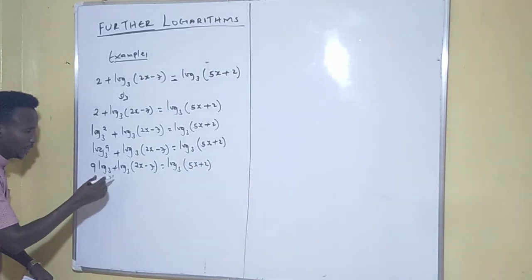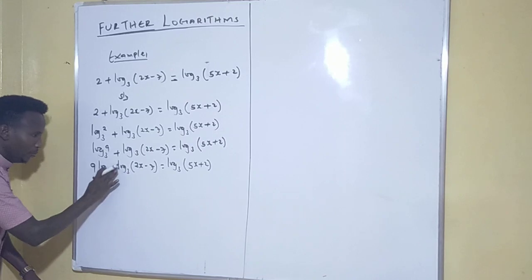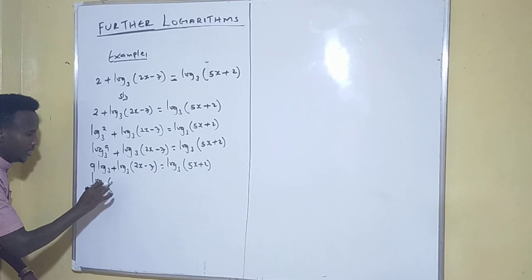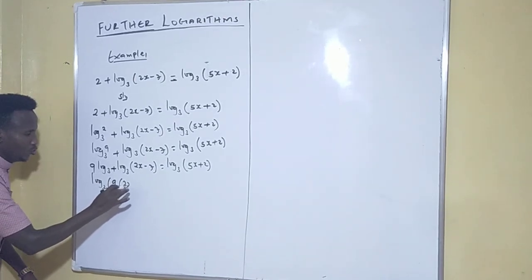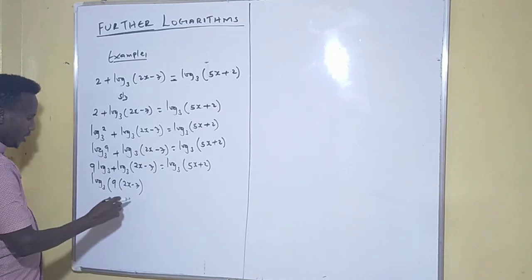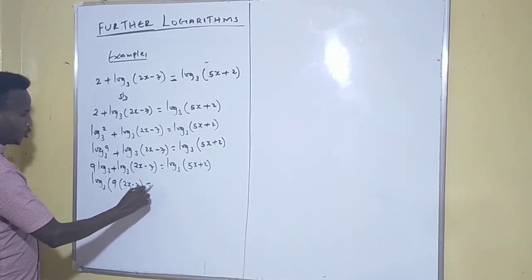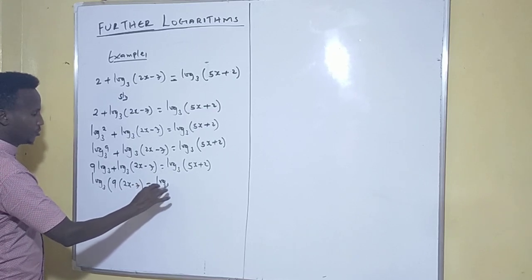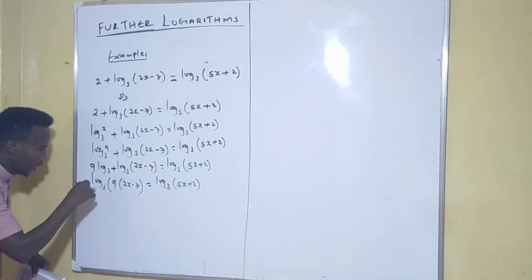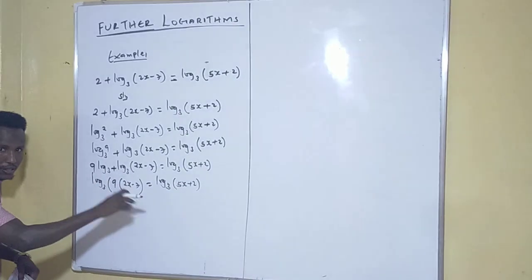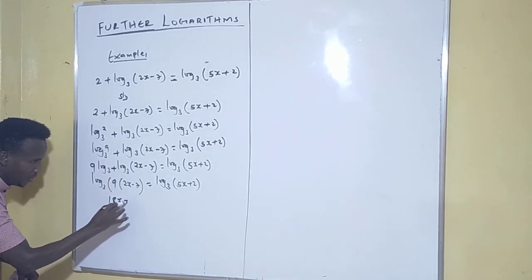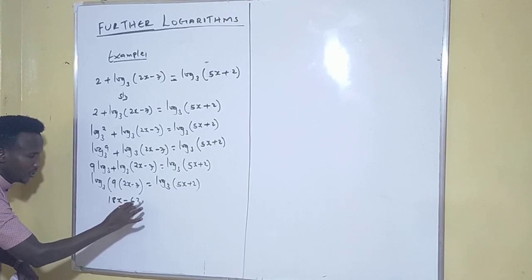Here we have addition, and addition means multiplication. Look, we have a plus here. So we say log base 3 of 9 times (2x minus 7), equal to log base 3 of (5x plus 2). Now forget these two logs. You cannot cancel them, you just delete them. So 9 times 2 is 18x, minus 63, is equal to